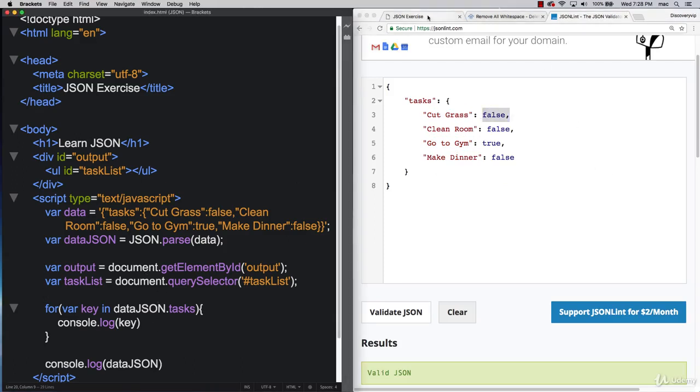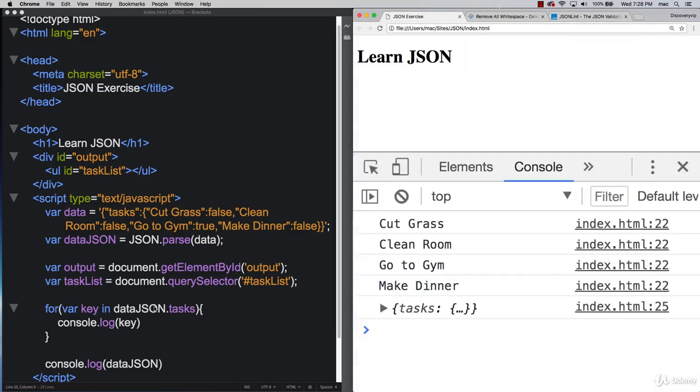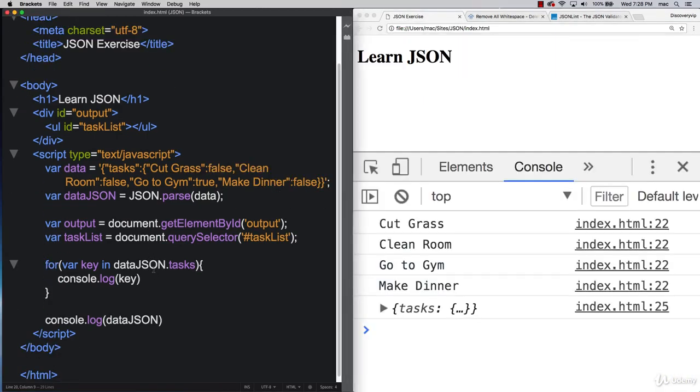So that's how we've set up this JSON object, and we are going to set it up in a better way coming up in the latter part of the course. But for now, this was just a clean and simple way to start getting used to writing our JSON. So now that we can grab the key, how do you think that we can actually grab that true or false value? And that is also available